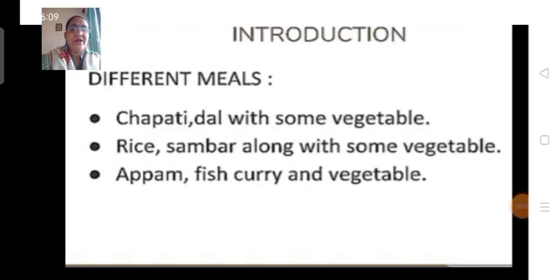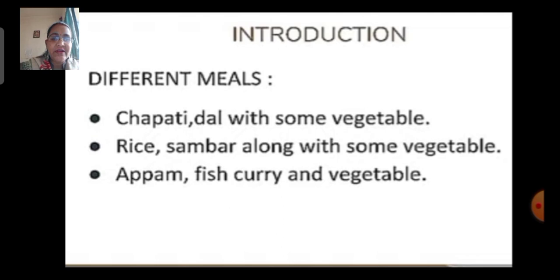We have seen different people in the different region of our country consumes variety of food items. Some people like to eat chapati, dal and vegetables. Some people like to eat rice and sambar, which is a combination of pulses and vegetables. And some of them like to consume fish curry with appam and vegetables. If we observe these food items that we have in our daily meal, we conclude that one of them